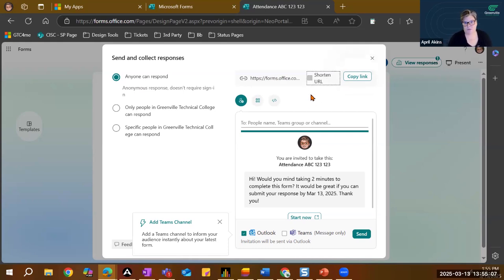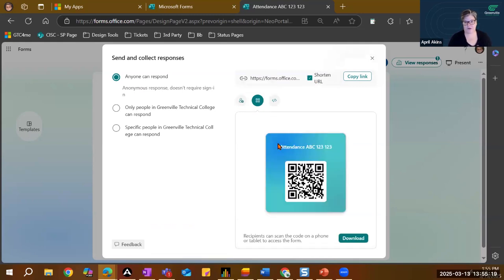You might want to hit the shorten button because it's going to be a pretty long, crazy link to figure out. If somebody's having to type it in manually somewhere, you want them to have that shortened link. Another option is the QR code. If you switch to this little icon, I don't even know what you call it, it's got little boxes and an X on it, that's the QR code option. So here it gives you that QR code. You can download that and then just put that in your PowerPoint to use in class.